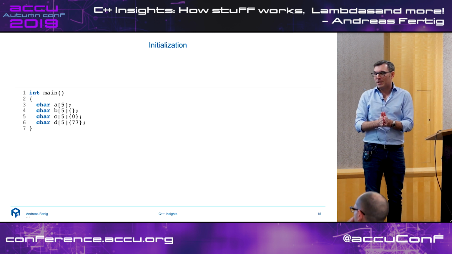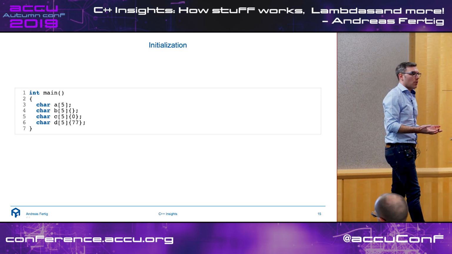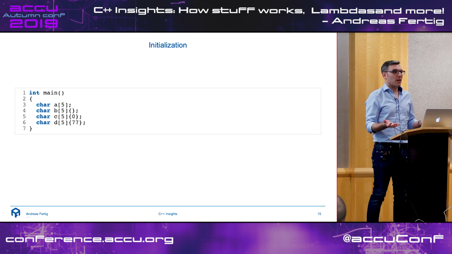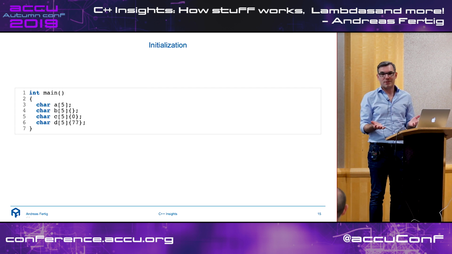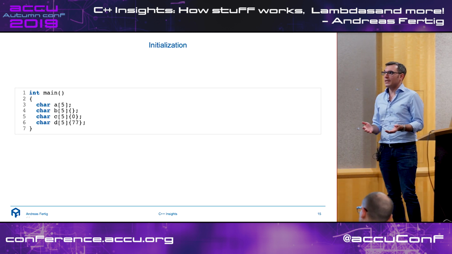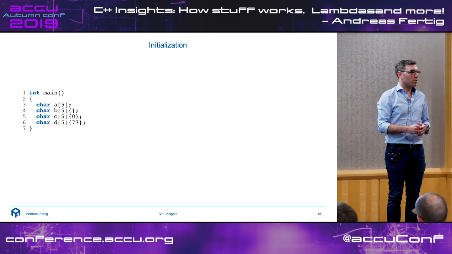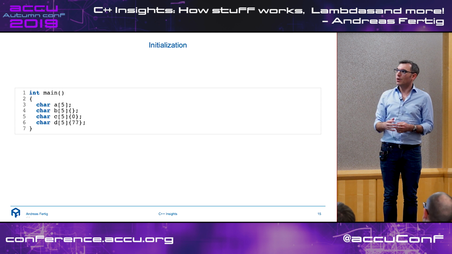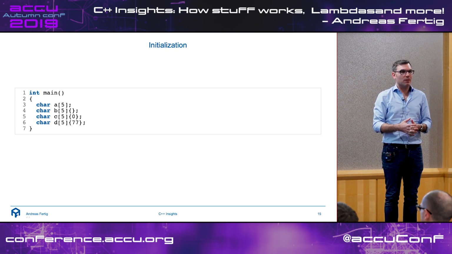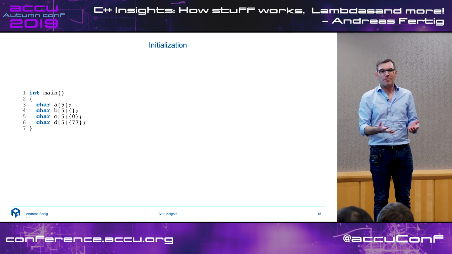I have 4 variables here, 4 arrays, A, B, C, and D, and they use different initialization forms. First one doesn't do anything, so everybody who knows C++ knows it's an uninitialized buffer. Second one uses braced initialization. There you have to know it's either 0 or default initialization happening here. And then there are 2 things coming up sometimes with my students. When they understood what line number 4 does for B, they say, hey, I like to be explicit, and I can do that for a simple int, for example.